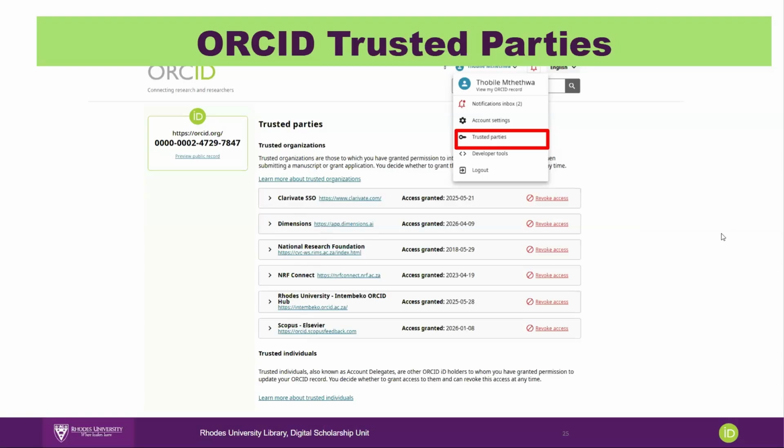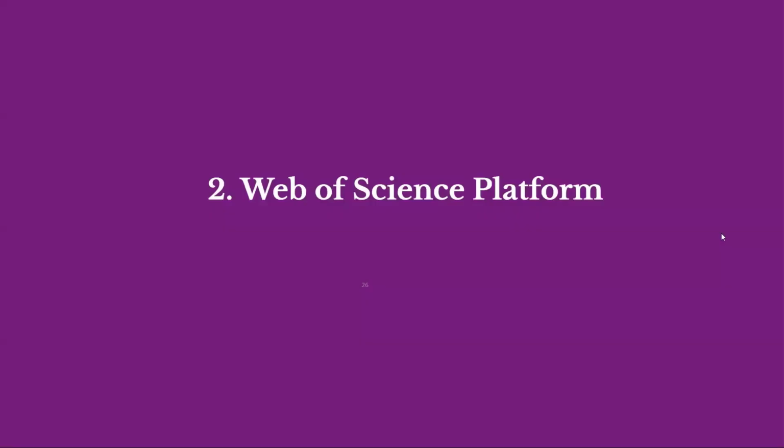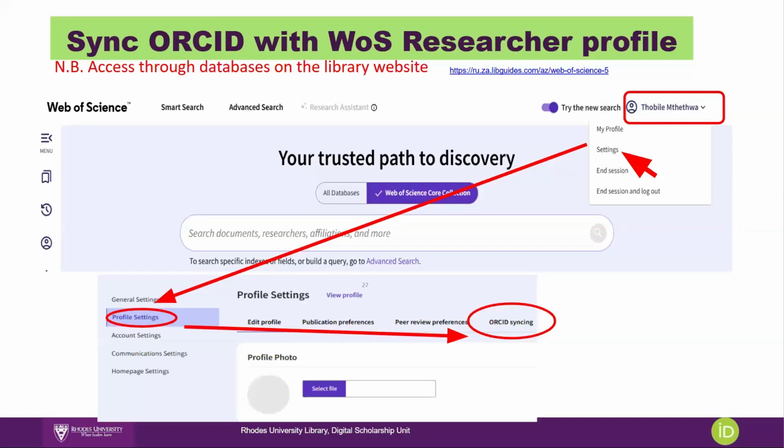Under trusted parties, I'll demonstrate when I show you the practical, where these trusted parties are able to provide automatic updates on your ORCID. The other way in which you can increase your researcher visibility is through integrating ORCID with your Web of Science platform. And you would have to register or sign in if you already have a Web of Science